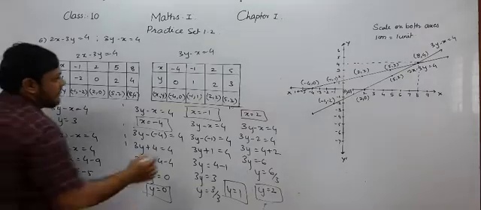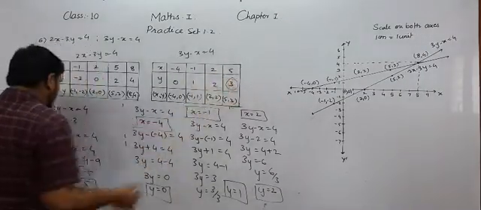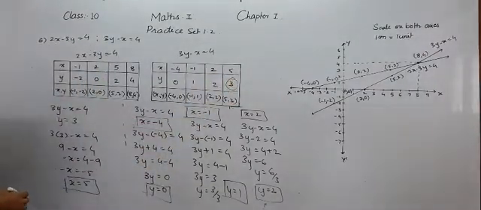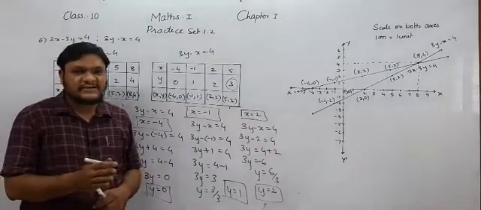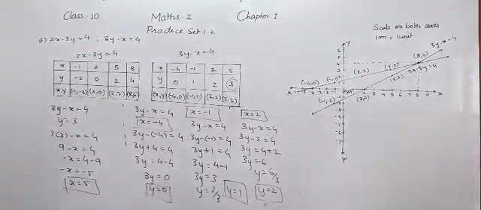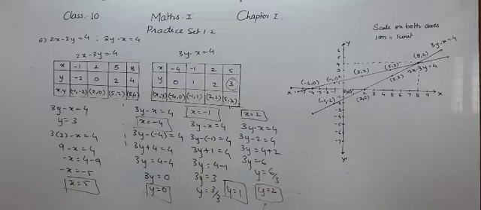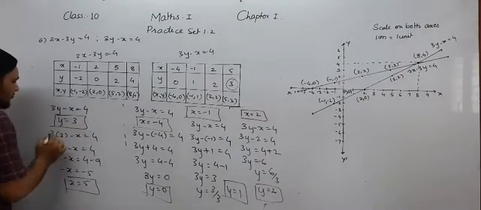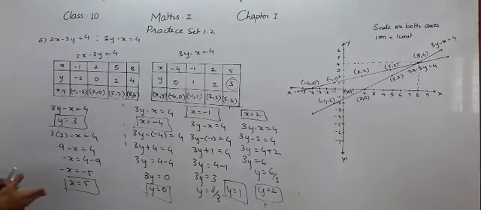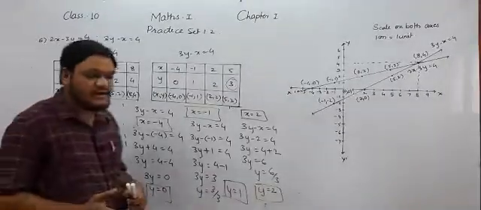So here by putting the value of y also you can find the value of x. So students, in this way you can put the value of x in order to find the value of y, and you can also put the value of y in order to find the value of x. There is no compulsion that you put the value of x only or the value of y only. You can put the value of x or y. We are just assuming the value of x in order to find the value of y. You can assume any value.